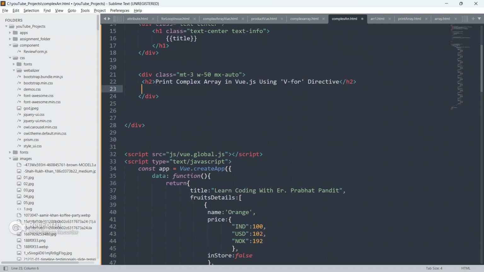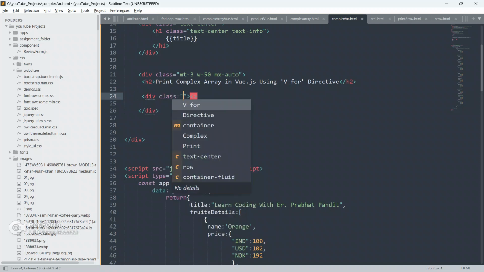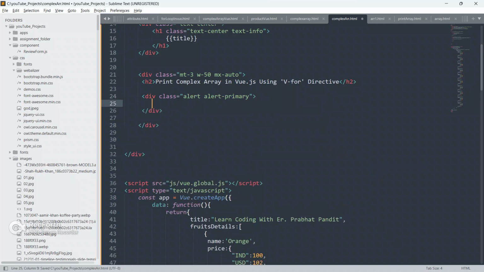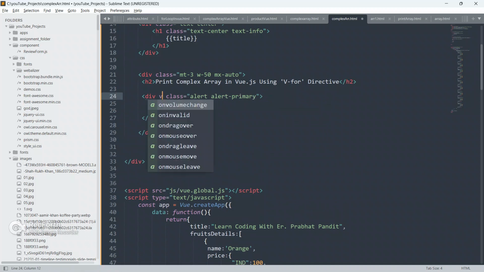So now I'm gonna create another div below this h2 element. Okay, I'm gonna create another div, give it a class as alert and alert-primary. Close this div first, and inside this div I'm gonna,